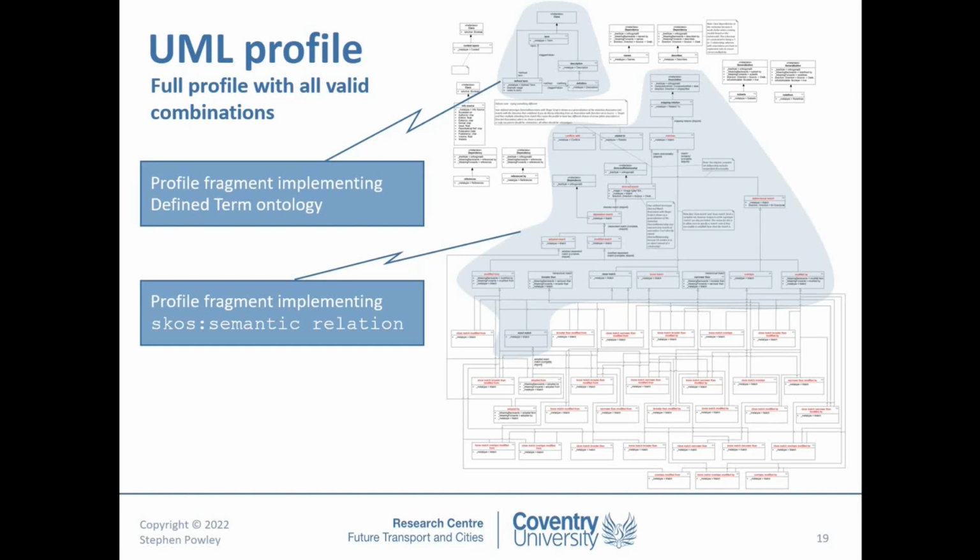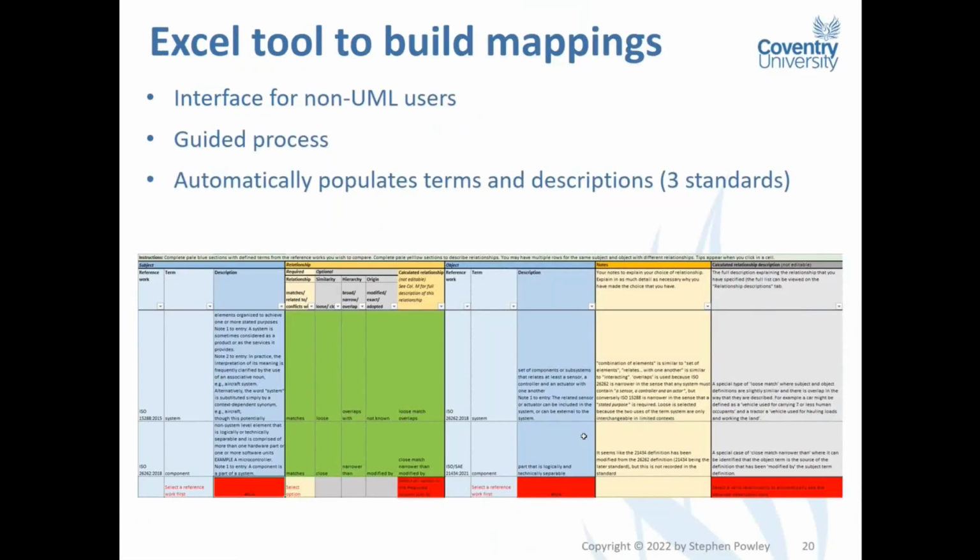You don't have to do that if you're implementing this. You could implement rules in your tooling, but that's not necessarily so accessible, and it doesn't necessarily help interoperability because different tools might implement the rules differently. So if you make every single possible legal combination explicit, then that gives you a better opportunity for interoperability. Not everybody wants to work with a SysML tool, and it might not even be the most convenient way or the most effective way of developing these mappings.